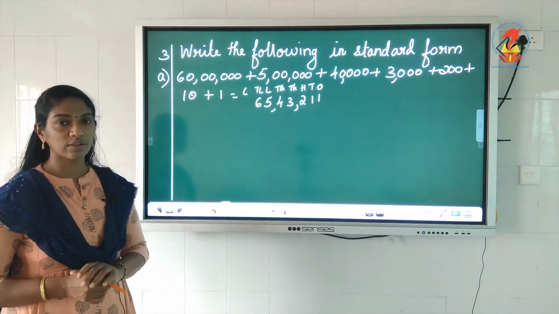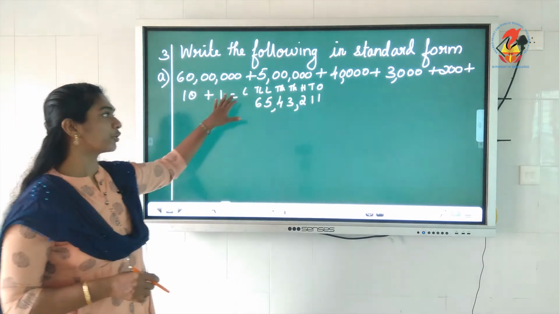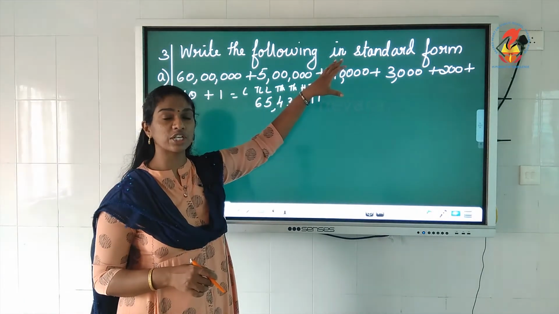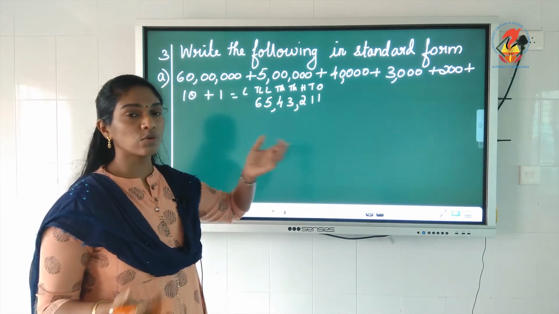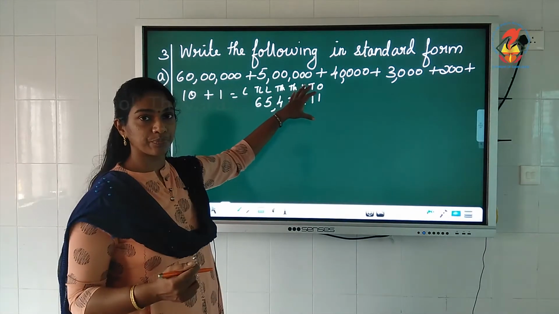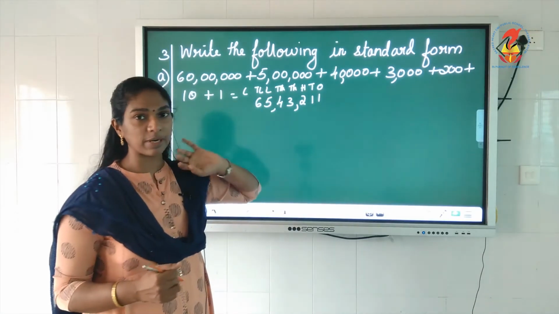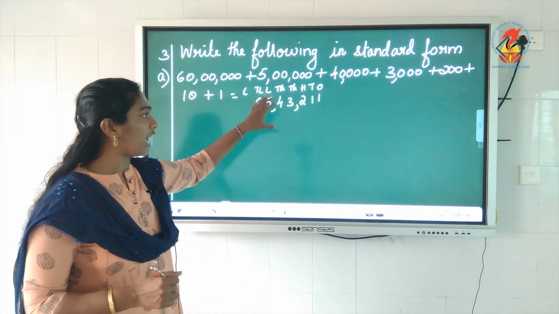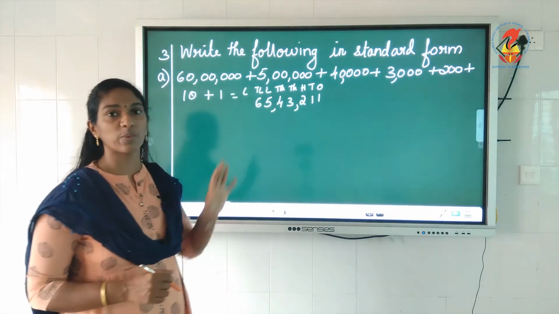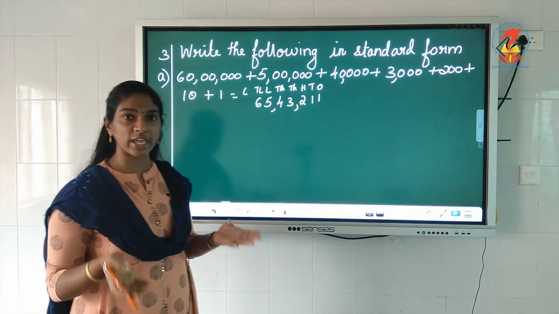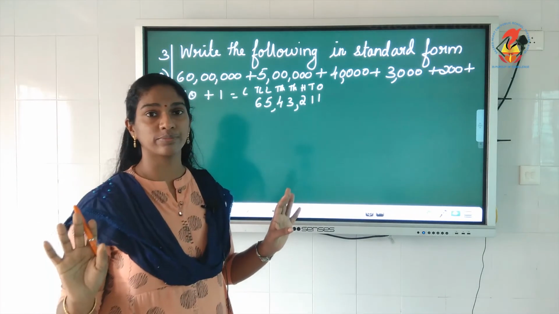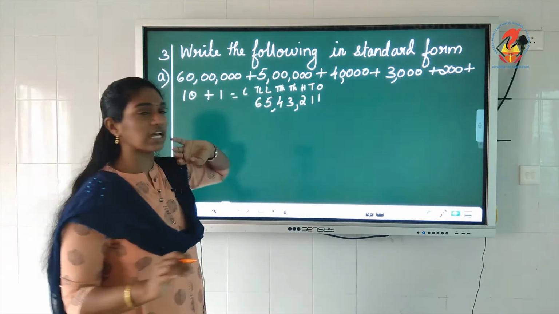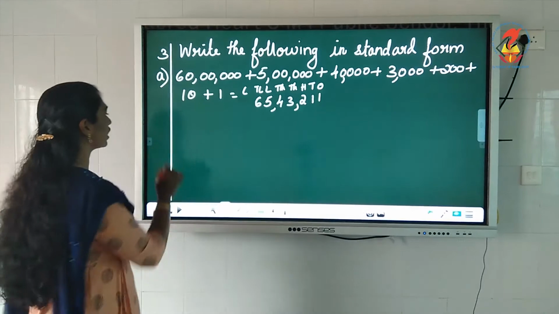43,211. Okay, children. I am asking you to write like this. Why? Because sometimes in the expanded notation there will be not some places. So what you will do? You will get mixed up. You have a confusion where to put that particular digit. So that is why I am asking you all to write the place first and then you fill the place according to the question. And if you find any place vacant, immediately put a 0 over there. That's all. Understood? First you can do this in the working column and then you come and write the answer over here. Clear? I will show you one more question.